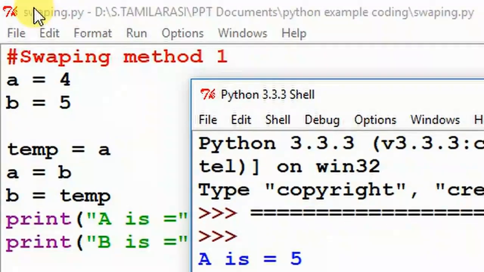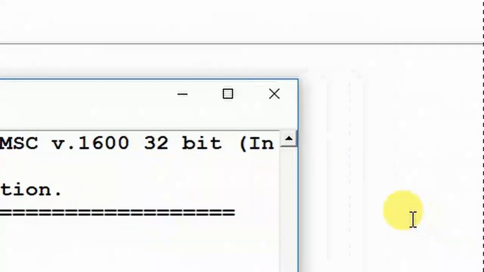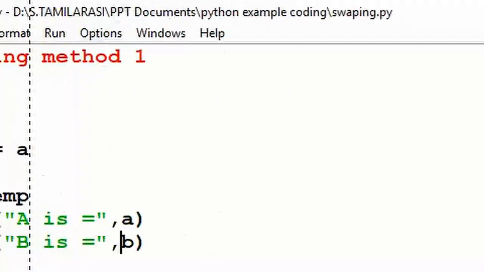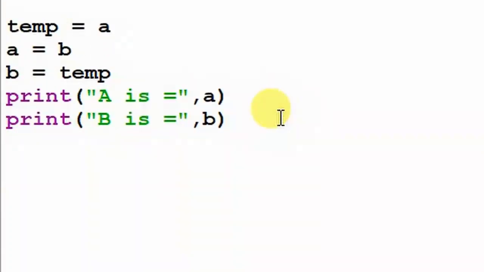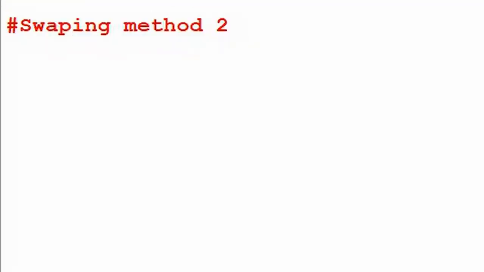And next, I close this and take method 2. This method 2 is very simple and easy.